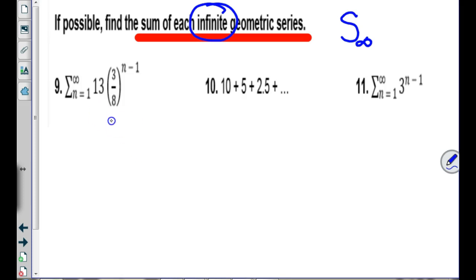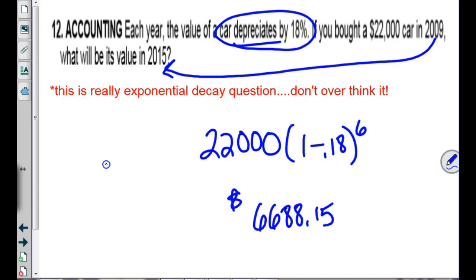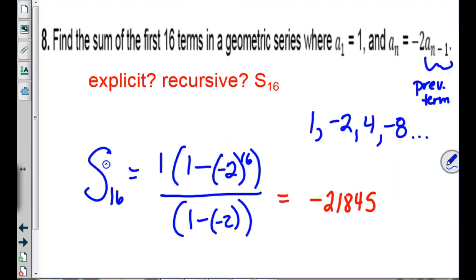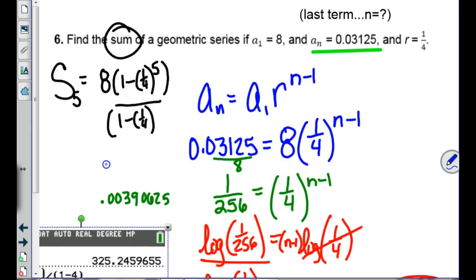So for this one, this is r that they keep multiplying by. So then the formula is just, going the wrong way. Sorry, guys. The formula